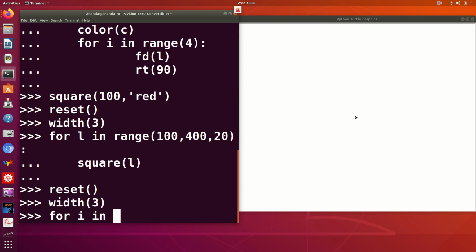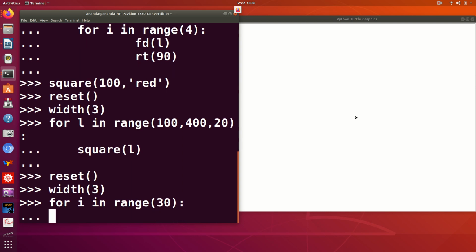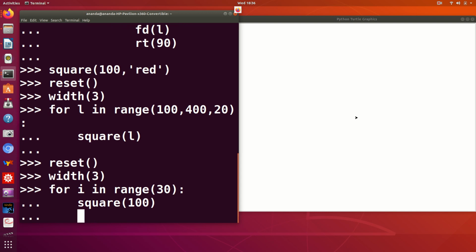So something like this. So range, let's say I'm going to draw 30 such squares, and then I draw squares of side 100 each, but after I draw each square, I turn left